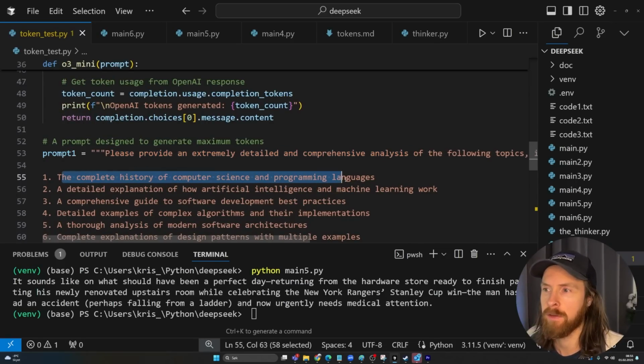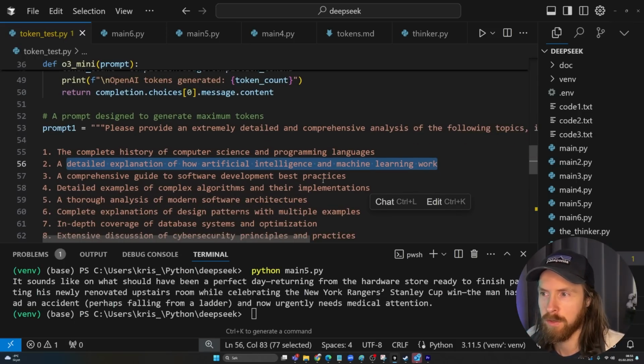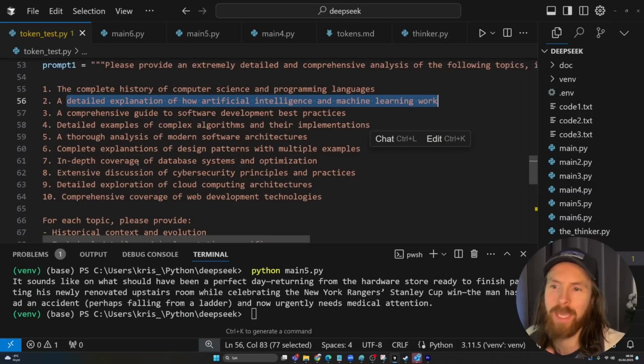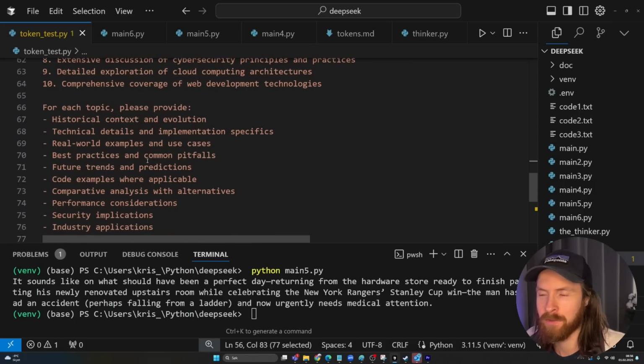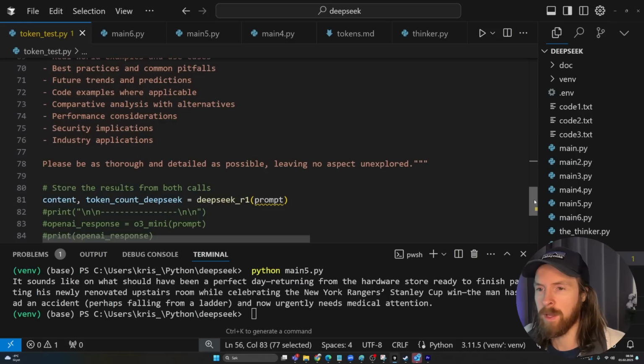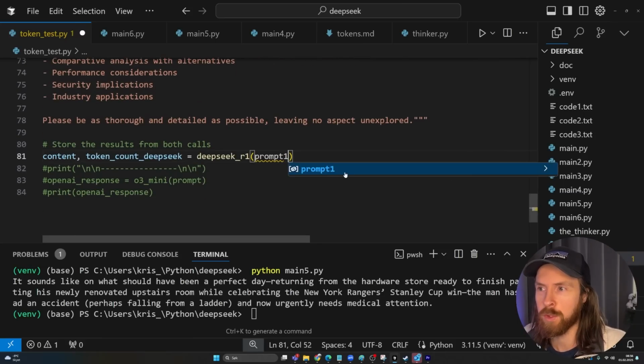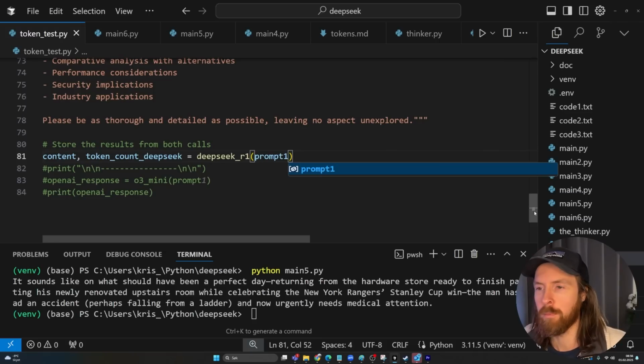The complete history of computer science, a detailed explanation of how AI and machine learning work, a comprehensive guide to software development. So a big prompt here, and it's going to be interesting to see how many output tokens we can get. Remember, o3-mini has 100,000 output tokens. I think that's pretty cool, but we also have to remember that the output tokens are also affected by reasoning tokens. So we're not going to expect 100,000 tokens on the final answer, but combined we